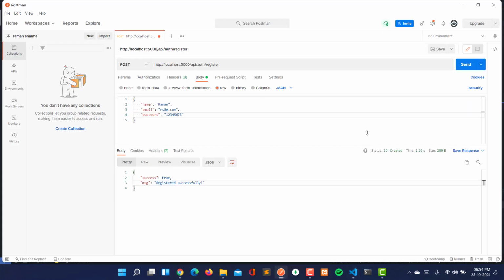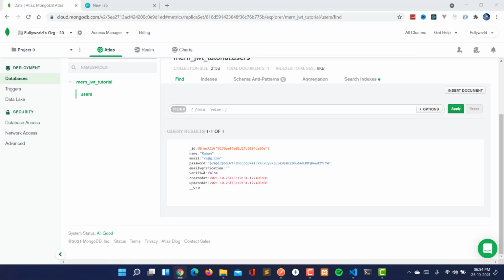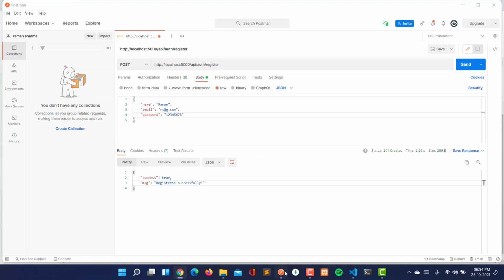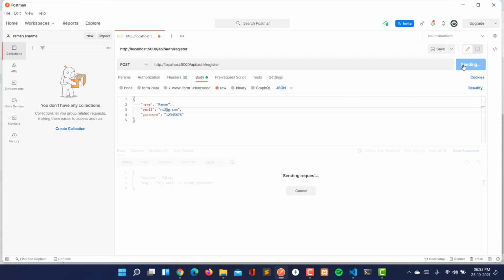Now let's try to send the same request. We have the document here previously with the same email rs@g.com, and I'm going to send the request. See that here we are getting this email is already present. Now let's try to change the email. I'm going to write rs2@g.com and let's send this.